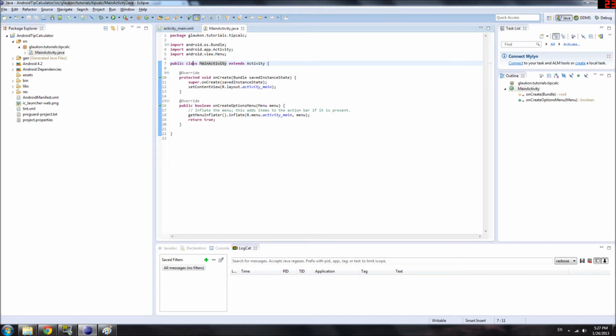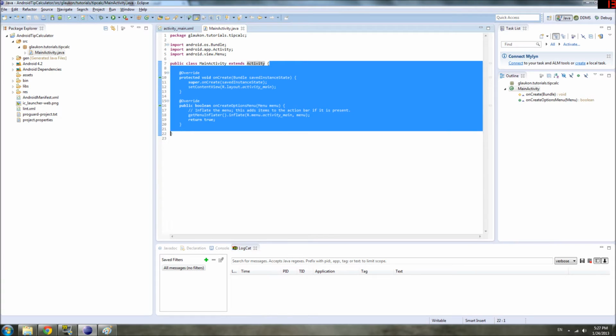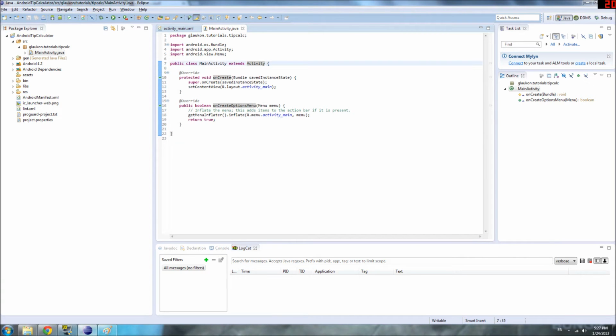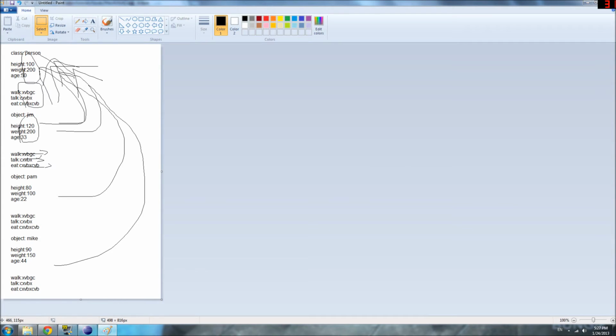And what is main activity? It is a public class. And what about this public class? Well, it extends activity. Okay, and the definition ends when the brackets close here. This bracket corresponds with this one. Anyway, so what does extends mean? Well, we already know